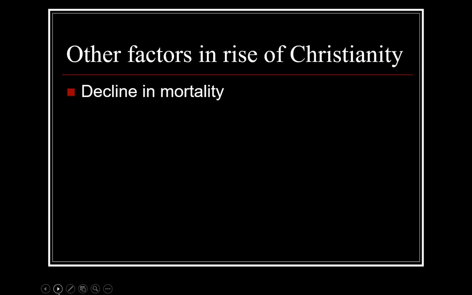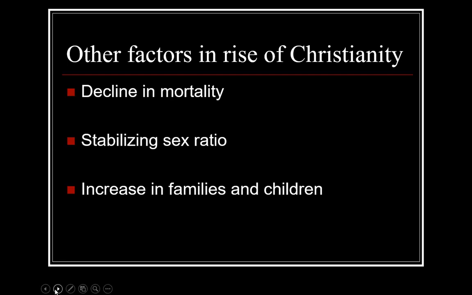One was the decline in mortality. So as the lifespan of slaves increased, there was more openness to Christianity. We've mentioned this before, but as the sex ratio became more stable, more equal, that too had an impact, and predominantly these two factors led to the rise of families and children. Not only did it allow for the return of some traditional African practices, it also made evangelism more successful,